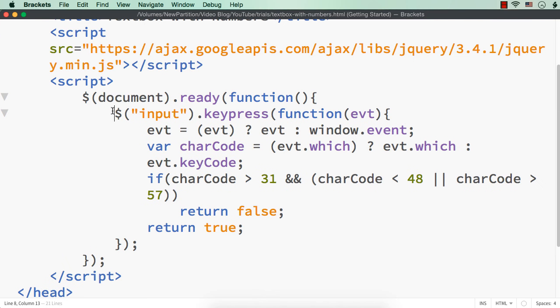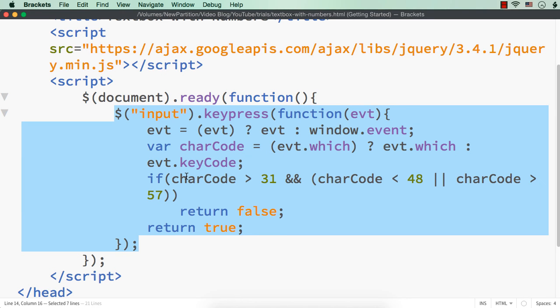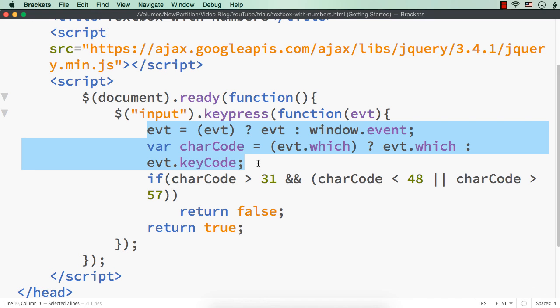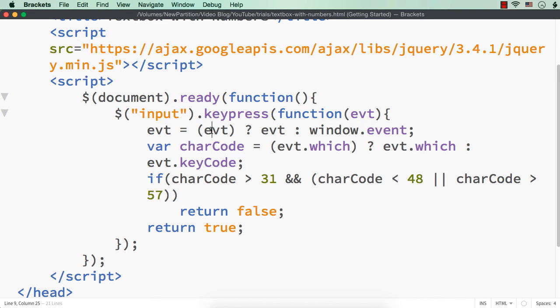So by just writing these lines of code, we can make sure that only numbers are being entered inside the text box. These 2 lines are actually written to support implementations on different browsers, because the event could be returned from event or window.event. Similarly, the ASCII code value will be returned from either event.which or event.keyCode.